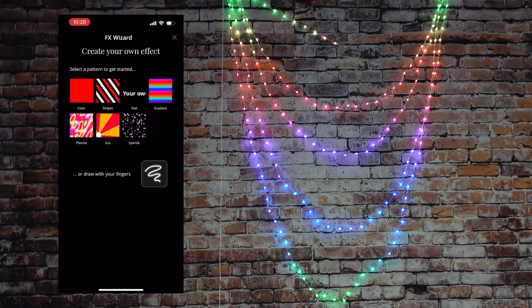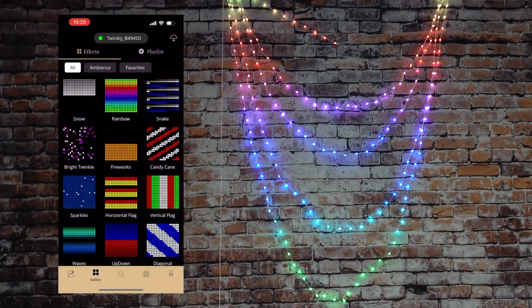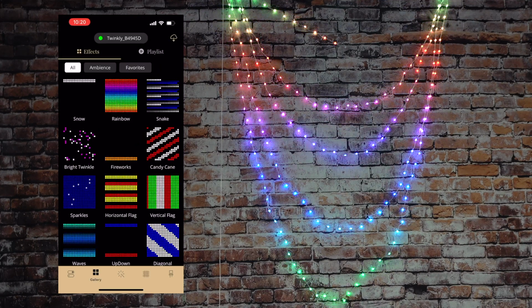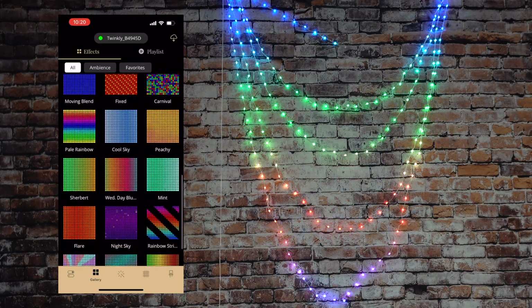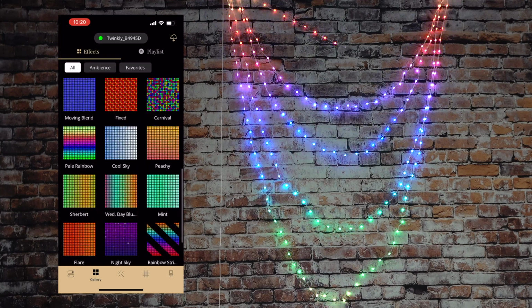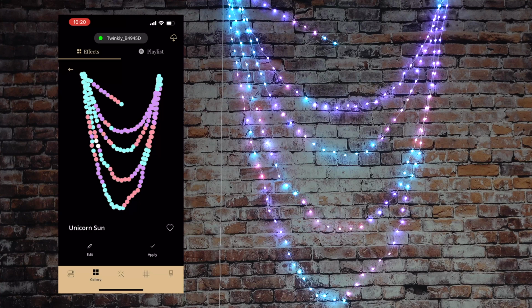I'm not going to do that because it's fairly complicated to do the first time. And then you can map your lights. And what I did is I've already done that, which is why I have the lights going back and forth and overlapping on top of each other, and it still knows how to work and how to actually use these different patterns. So let's do Carnival. And you can see it's really fun. There's a lot of fun things here, and Unicorn Sun,